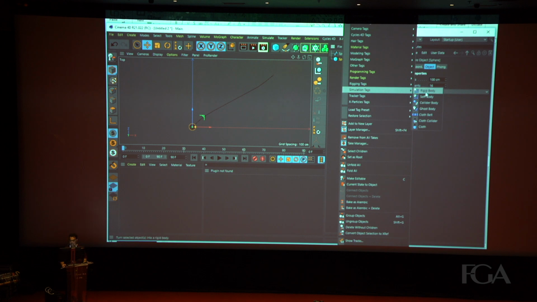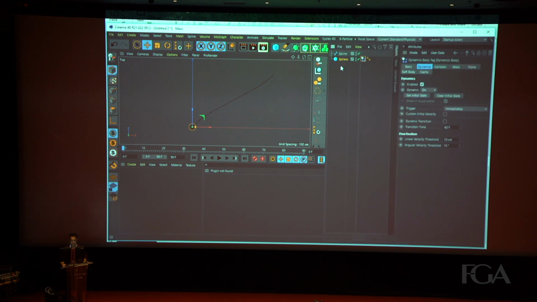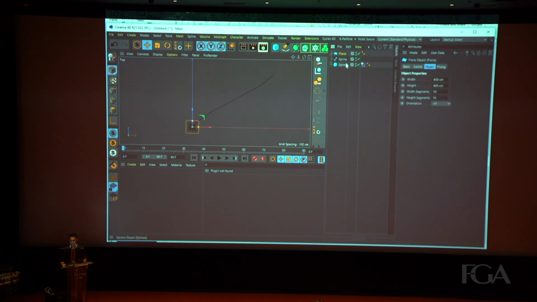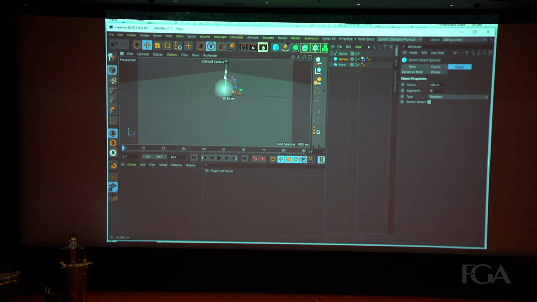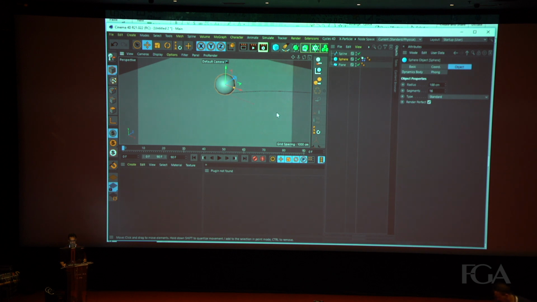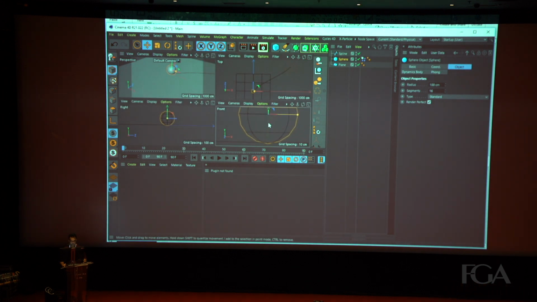So let's check rigid body. And again, I need a floor, just putting it on the surface like this.